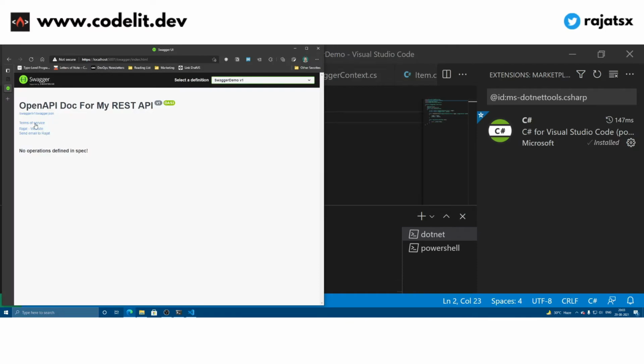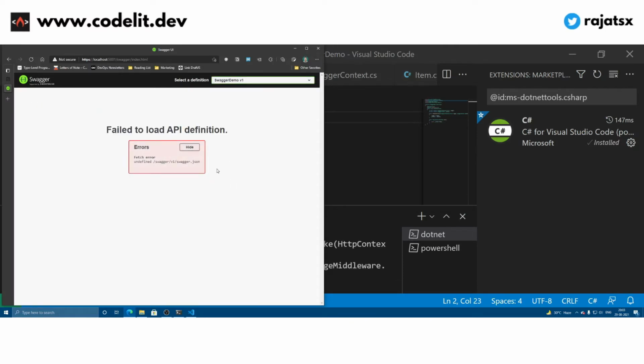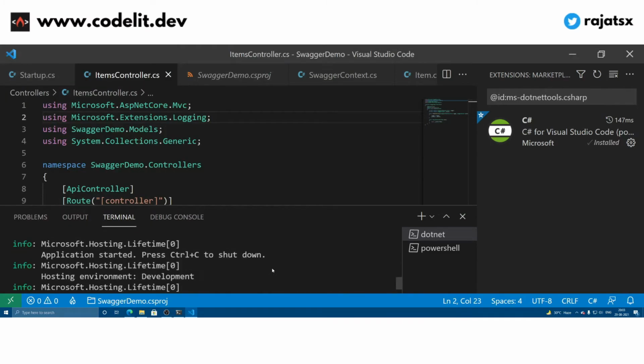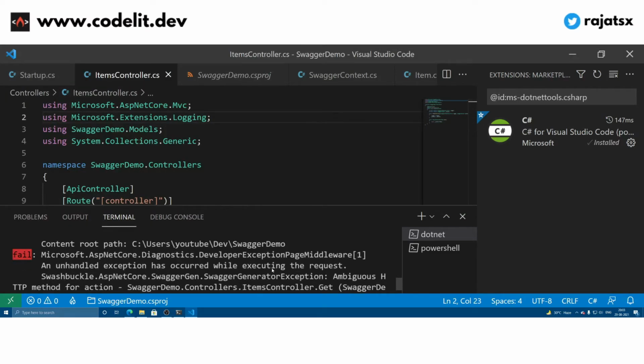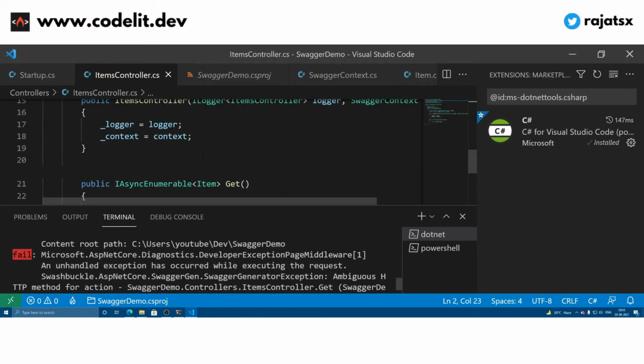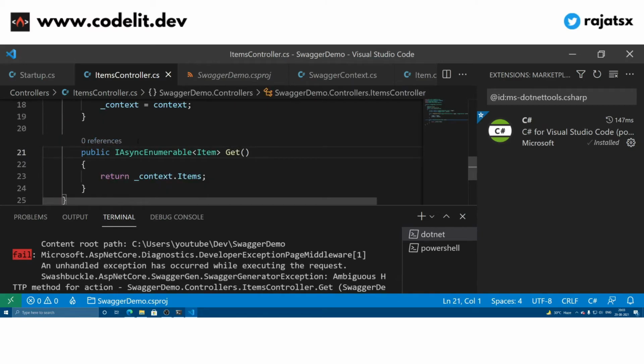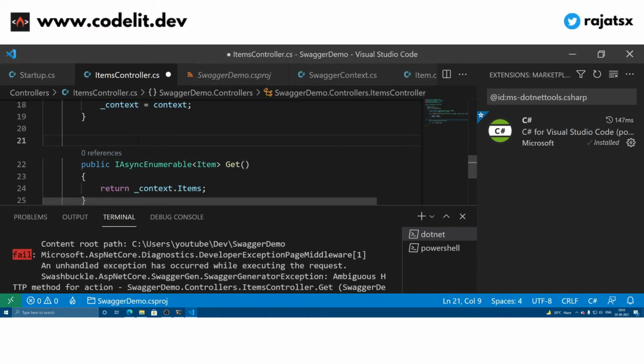So let's go back to the Swagger and it fails to load. Let's see what's the error. So it says ambiguous HTTP method for action, because over here we have not provided an annotation called HttpGet.